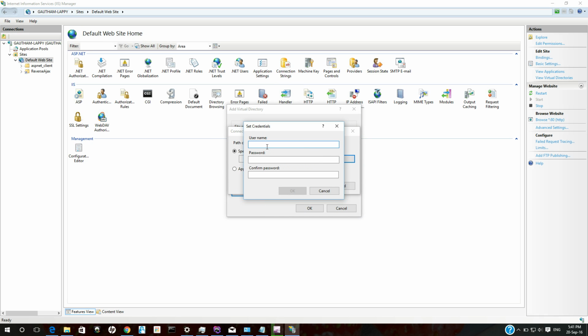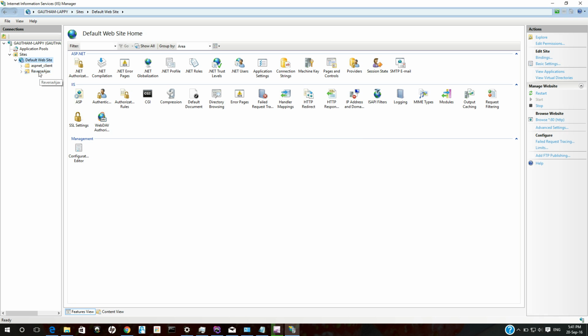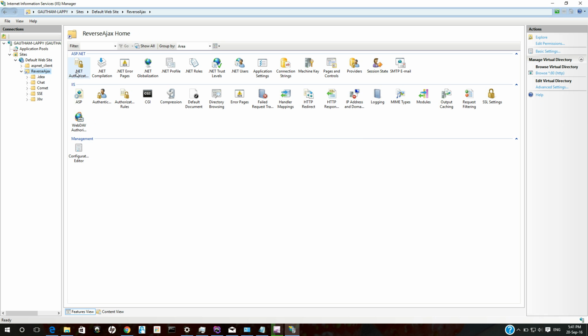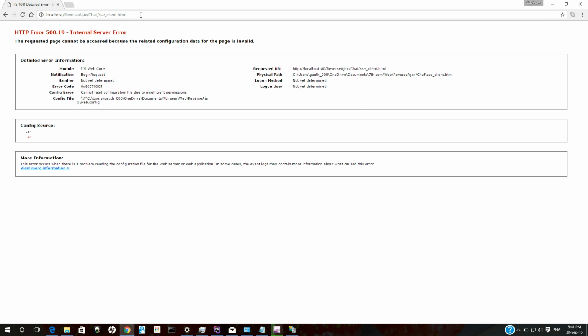The username is, more specifically, the email ID that you use to log into your Windows device. This could be something like xyz at outlook.com, and the password is the credential that you use to log into the computer. Enter those and press OK. I have already created my virtual directory here. So that's all you need once you have created the virtual directory. Now I'm going to hit refresh, and